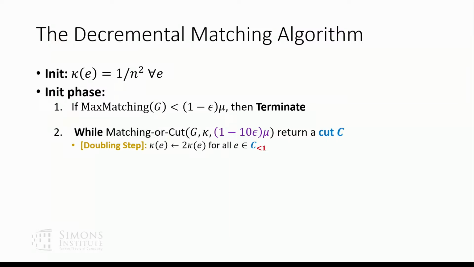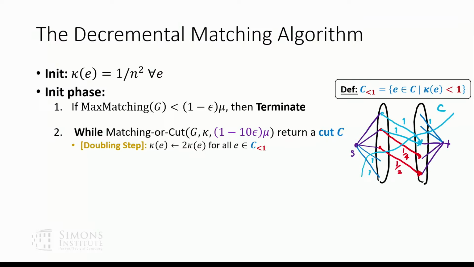And this has to terminate eventually, because once your capacities all reach 1, you know that there exists a large matching. So this is giving you a targeted way to find the problematic capacities that are too small and raise them. It's basically a way to detect the critical edges in the simplest, greediest algorithm, where the cut tells you which ones are currently bad, and you double them. And you might double many times.